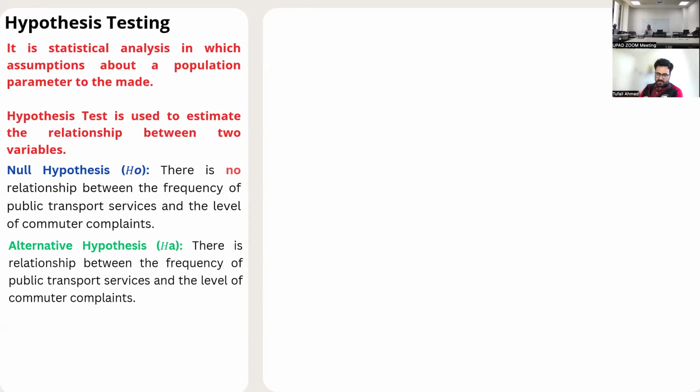Our alternative hypothesis will be that if Cristiano Ronaldo plays, there is a chance that Al Nassr will lose. So when we run our analysis, we either accept that when Cristiano plays, Al Nassr wins, or we reject the hypothesis based on the data that if he plays, there's a chance that he will lose. So we need data of the matches, the wins and losses of the matches Al Nassr played.